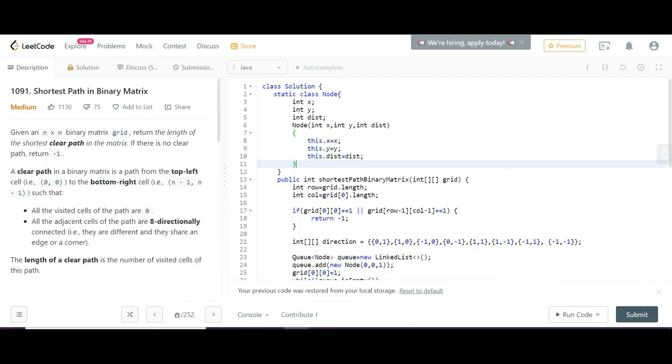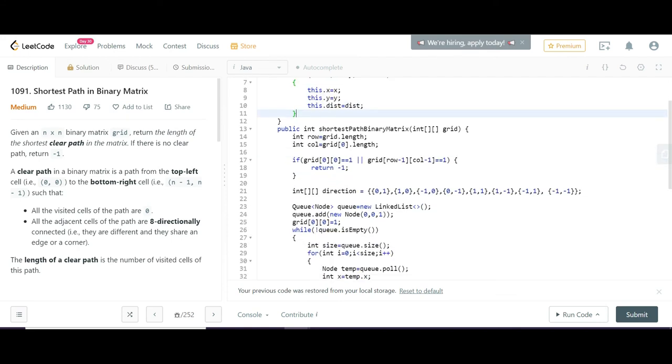Now coming to the programming part, first you have to define one static class to hold the object in the queue. So there will be x, y, and distance parameters. Now in shortest path binary matrix, I have to first define the row and column.